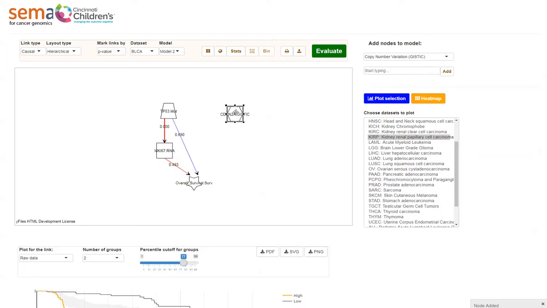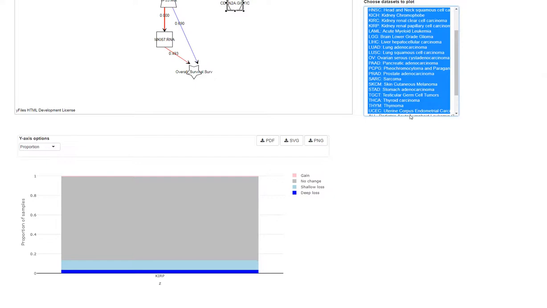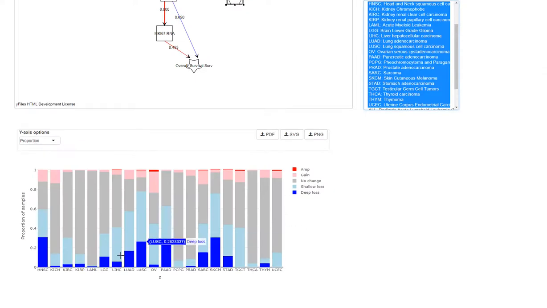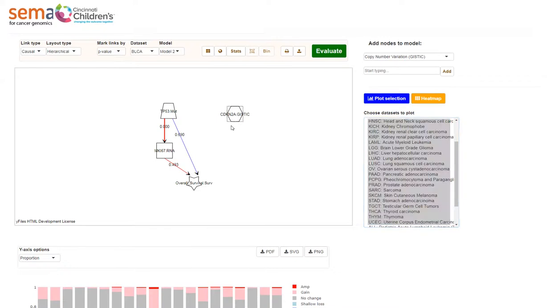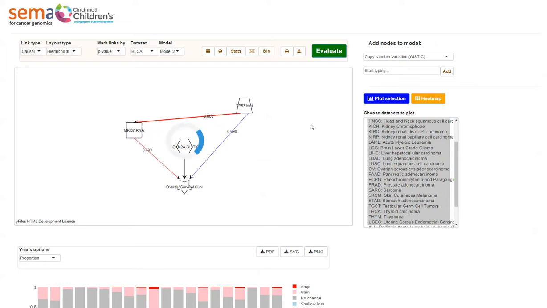CDKN2A loss is a very common event in cancers, as you can also see from this plot. It's quite common, and we can also see individual effects of p53 mutations versus CDKN2A loss on overall survival,